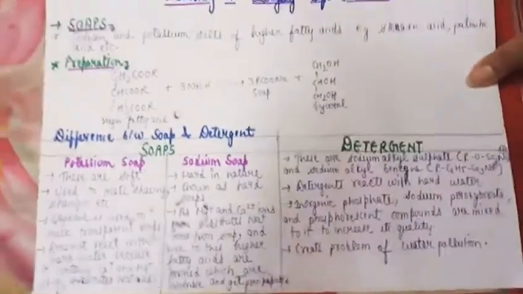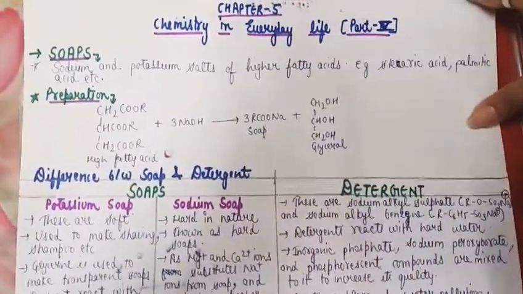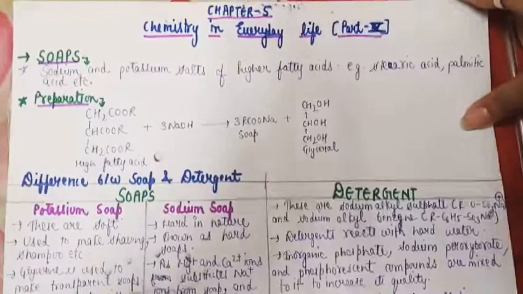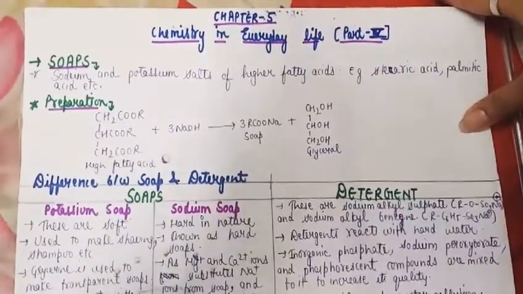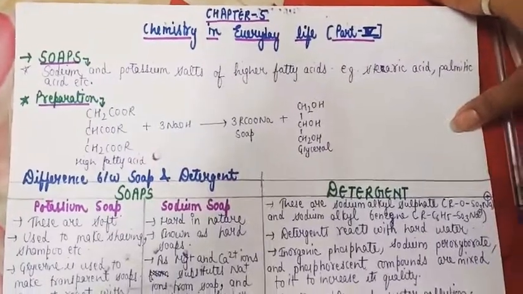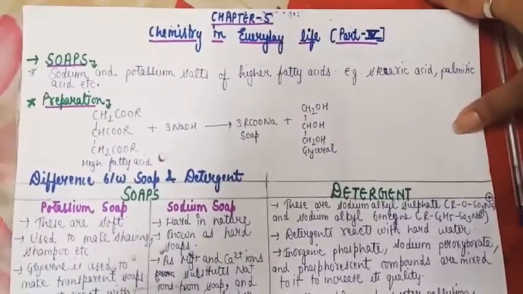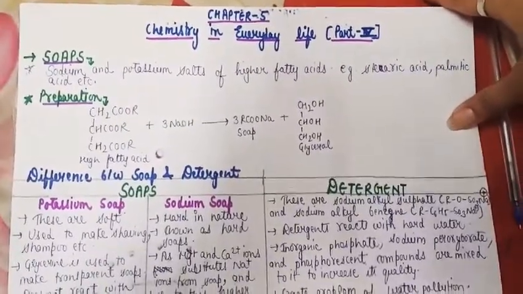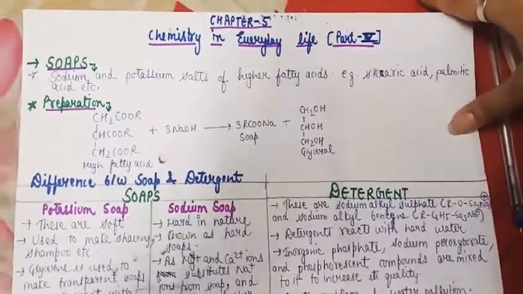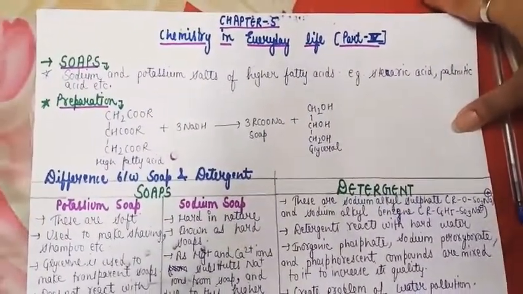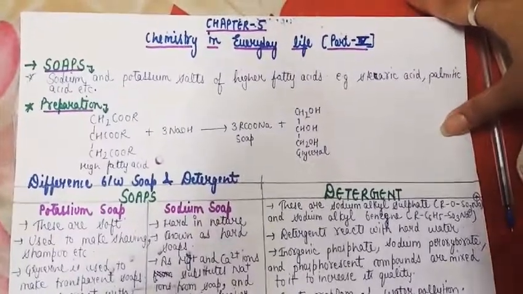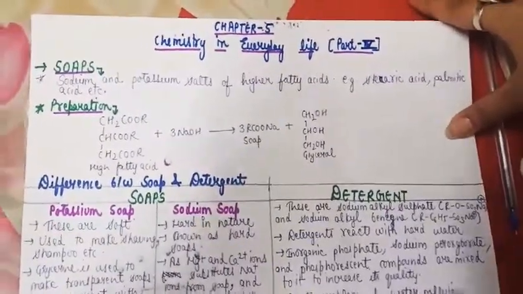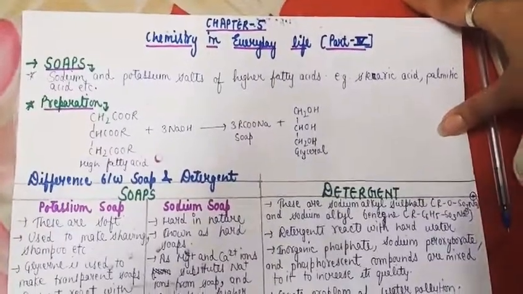So today we discussed two topics, mainly soap and detergent. I'm not taking many topics at a time because it gets difficult for everyone. Just one part of the chapter is left now, and that is micelle formation and the cleaning action of soap. This is a very minor and easy topic. We will discuss it in the next lecture, and you do the worksheets of this lecture and the previous lecture that I provided yesterday.